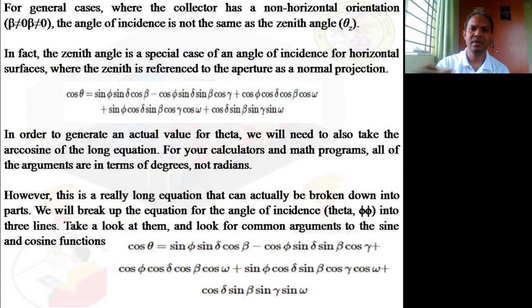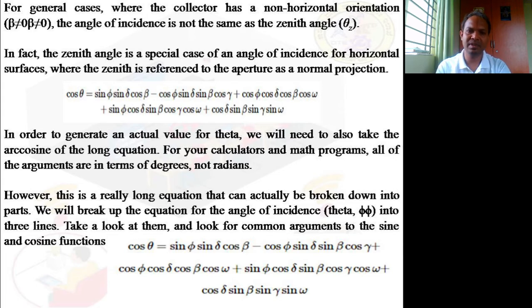Now, for the general case, the collector has a non-horizontal orientation, that is, beta is not equal to 0. The angle of incidence is not the same as the zenith angle. This is what I was just talking about. The zenith angle is entirely different from the incident angle. In fact, the zenith angle is a special case of an angle of incidence for horizontal surfaces, where the zenith is referred to the aperture